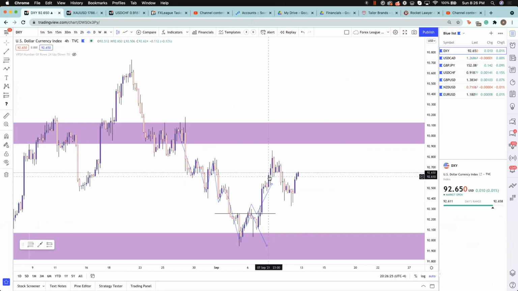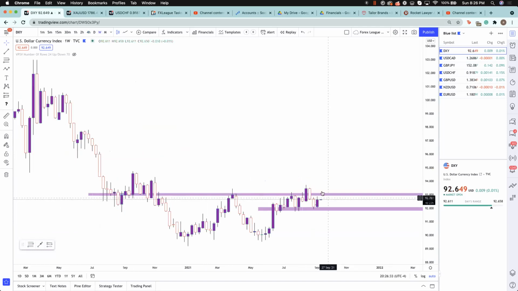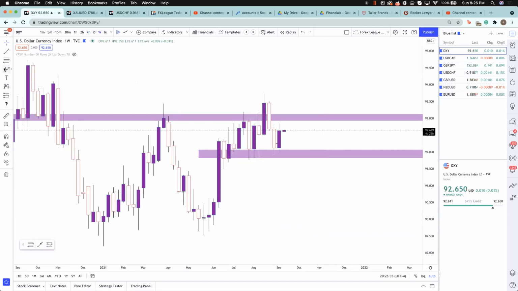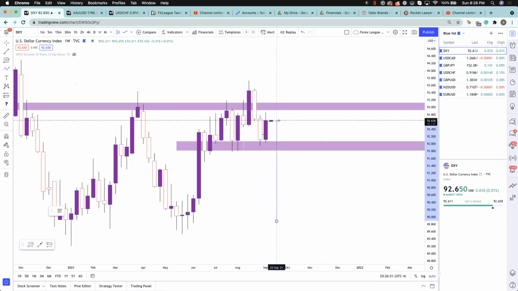Yeah, we'll hop on DXY first. Let's take a look at what's going on here. We'll bump up to the weekly. So DXY has definitely been moving up ever since it retested this previous low right here. We've been just shooting to the upside, breaking resistance, testing a support, and then again breaking resistance. And we actually hiked all the way back down into this level. So it looks like DXY is going to push again to the upside.